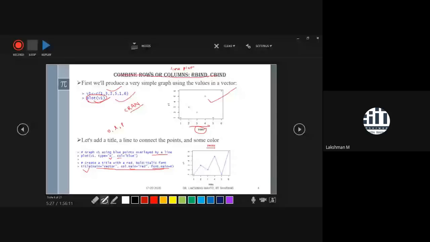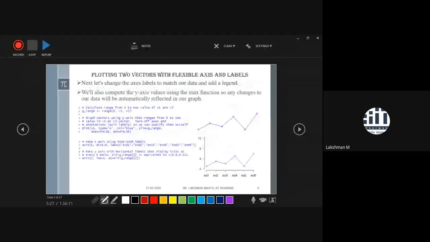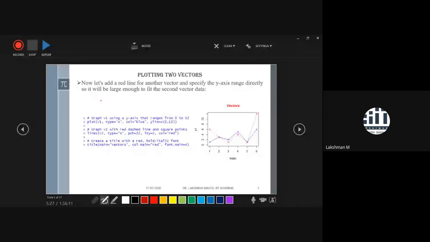Next, we will talk about plotting two vectors. How can you plot two vectors together in the same graph? One vector we had already taken. So here two vectors we had already taken. I forgot to mention that. One vector was already v1. We had two vectors.